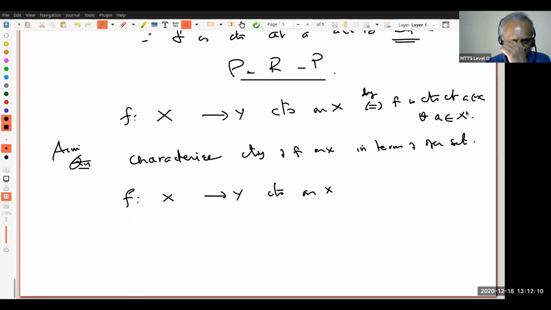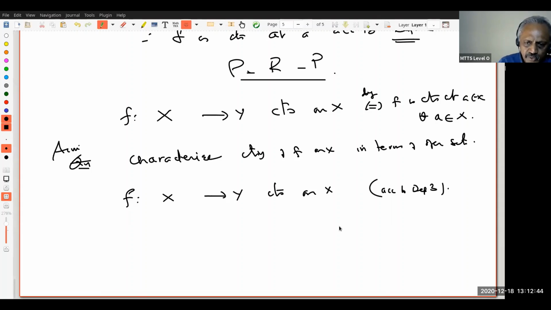That doesn't matter. But since I want to do this in terms of open sets, I will concentrate on definition 3. Do you follow that? All are equivalent, so I can use any one of them. But since I want to characterize continuity of f on the whole set X in terms of open sets, I want to work with definition 3. This is my idea. So let us say according to definition 3, but it's strictly not needed. They are all equivalent.